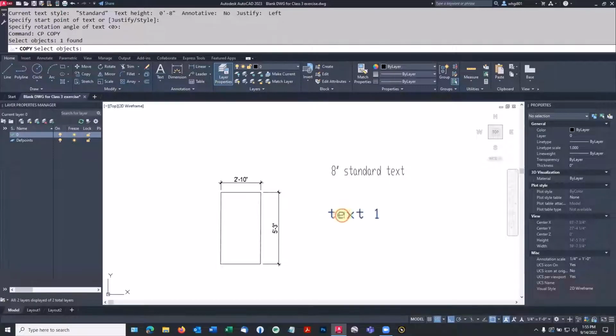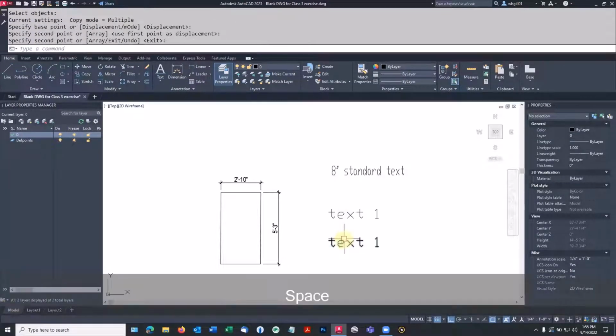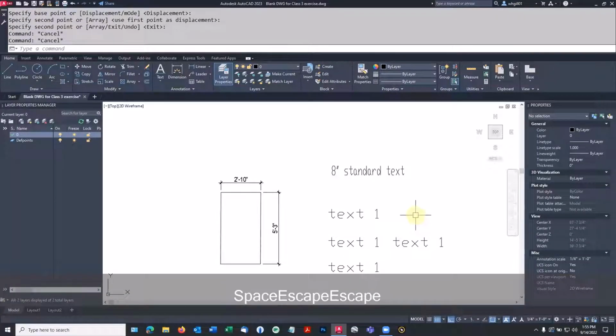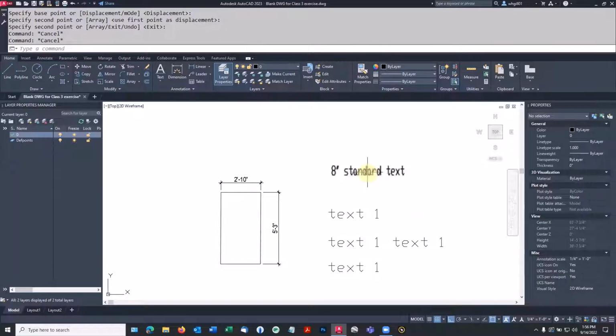And I'm going to copy that a couple of times just to have some extra pieces of stuff to deal with. I'm not sure what will happen to this one, which we have done some individual work to, so I wanted to get some that were done with the text style. So with those 4 of those 300 room names that we want to change, we can go back to the style command